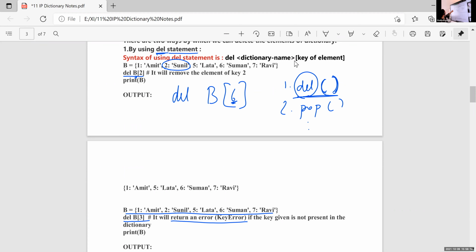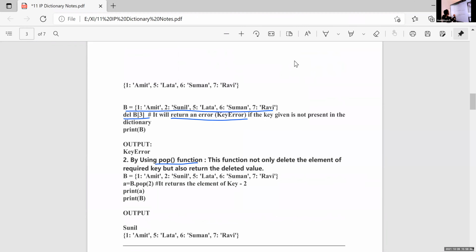After that statement, if I am using a print B statement, then we can view the contents in this B. So this DEL B of 2 will delete this particular value from B. If you want to see the values in B, use another statement, that is print B. Then we know which value is deleted from that dictionary. So that is the delete statement. But in the case of the pop function, the advantage is that it will return the deleted value.